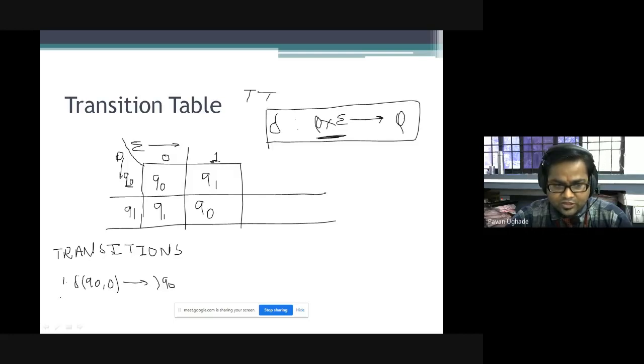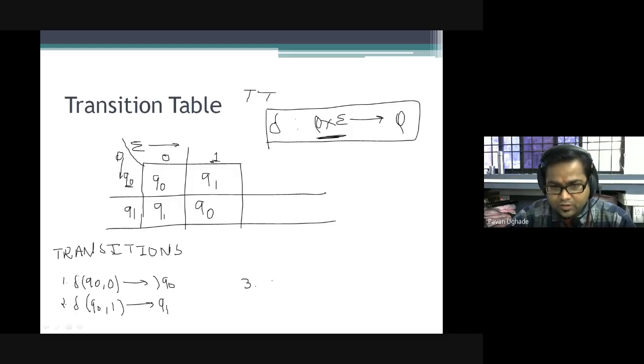This is the first transition function, or I can say the rule. Second is the transition function q0 over 1. This gives rise to, this is moving to q1, right? Number 3, I'll write number 3, transition function q1 over 0. Where does it go? It goes to q1 itself. So you just write down q1.